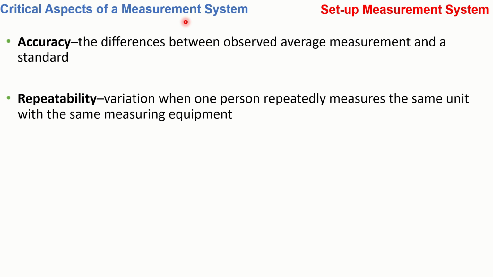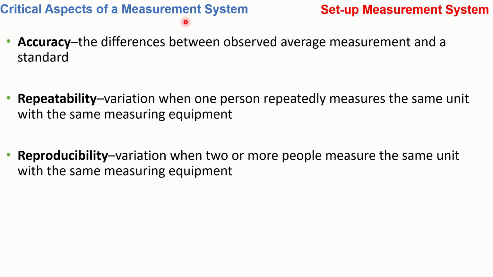Second thing the team should check is the repeatability. It means the person should be able to repeat himself over a period of time. Today I'm saying it is a correct transaction. After 15 days, I should also say this is a correct transaction. It means the person is repeating himself. The next is called reproducibility. It is between two individuals. If a person is saying it is a correct transaction, the other person should also say the same.